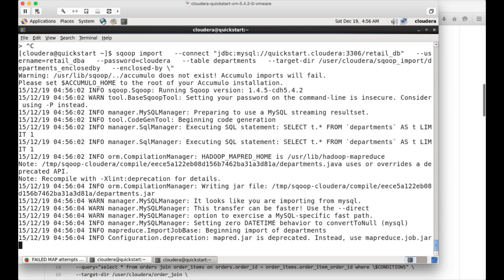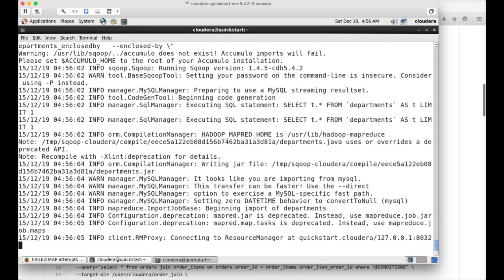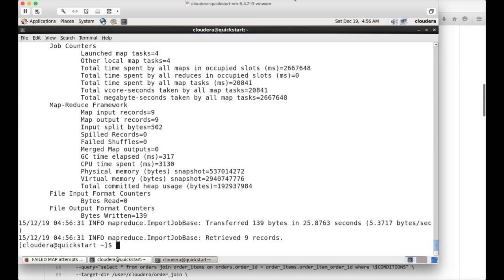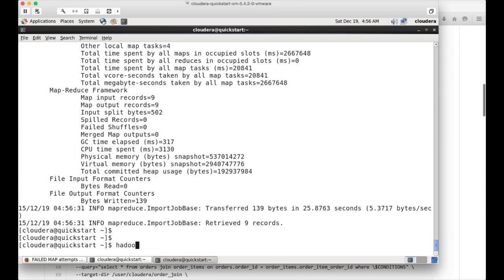Because double quote is a special character, we have to escape it. Now the import is running. Once the import is done, we will cat on that directory and see what is going on. So now the import is done, and hadoop fs -cat /user/cloudera/sqoop_import/departments